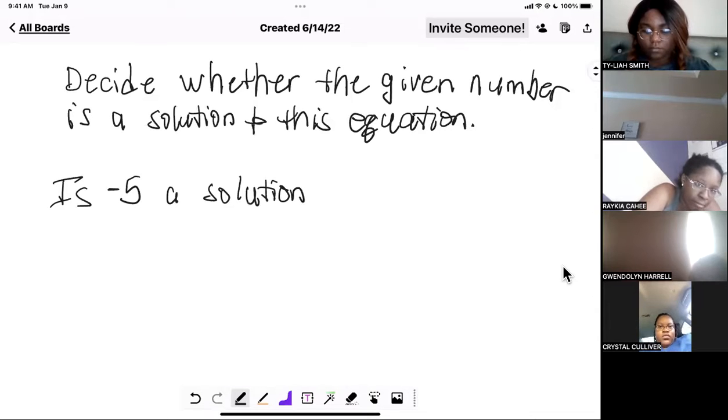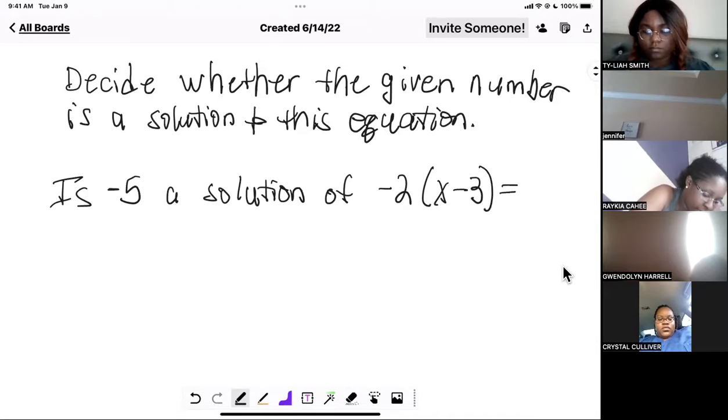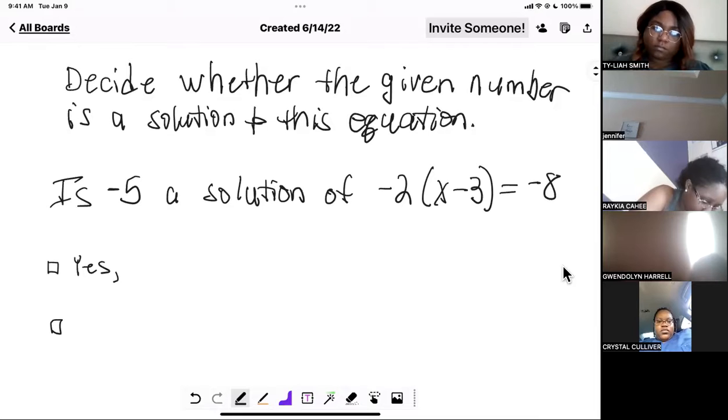Is -5 a solution of -2 times x minus 3 equals -8? Then it gives you these little circles, but I'll put a little box. So they give you a box. Okay, so either yes,